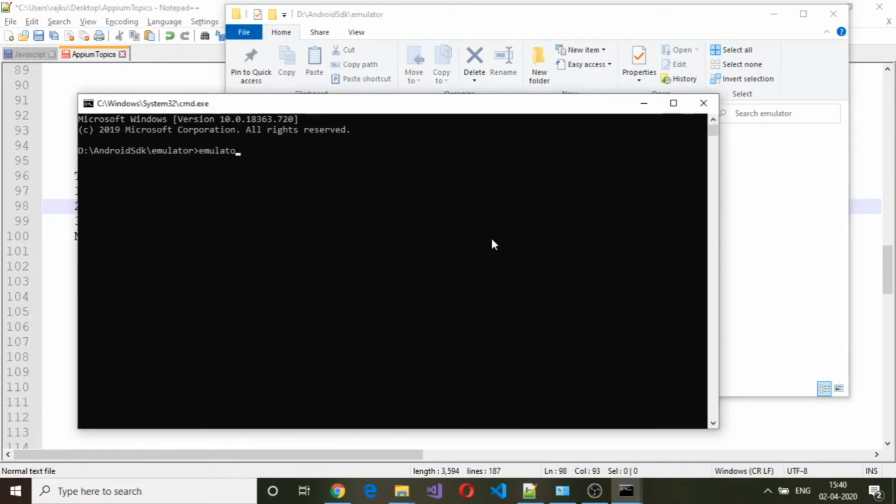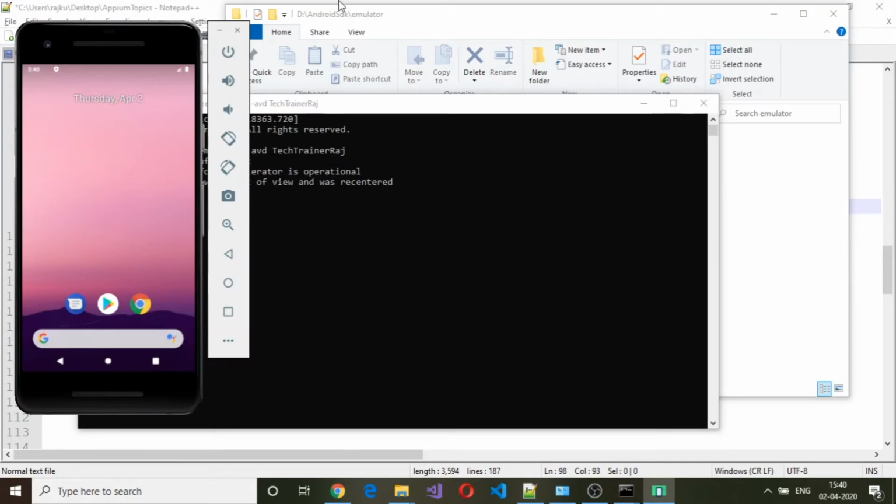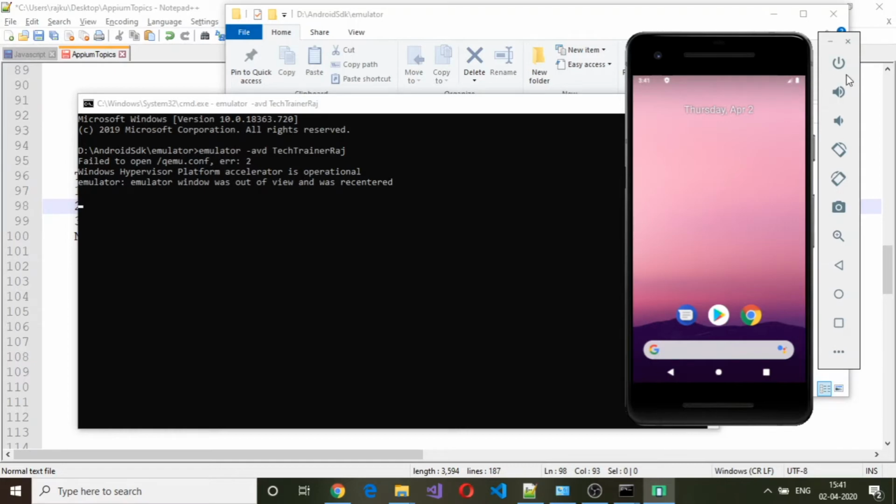Okay, emulator -avd tech trainer Raj. So this is our Android virtual device name which we have created earlier. Okay, hit enter and this should also open up the Android virtual device. Okay, so this is another way of doing it.